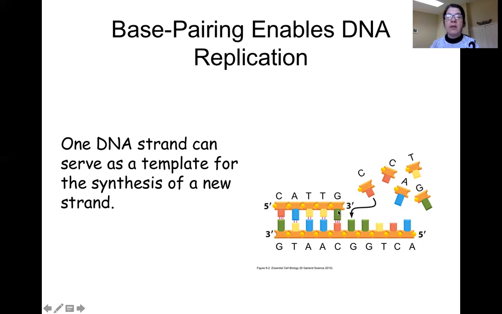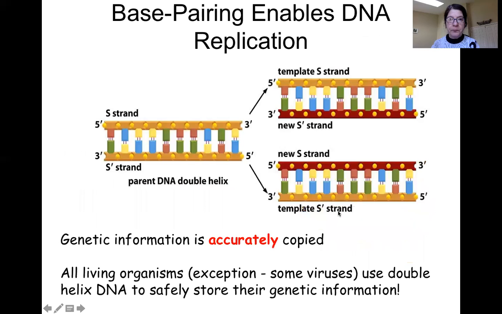And if you have a C, you're going to have a G, and so on. The base pairing really enables the accuracy of copying the genetic information. So in this model, what you will see here is that the original, the parental DNA double helix, is composed